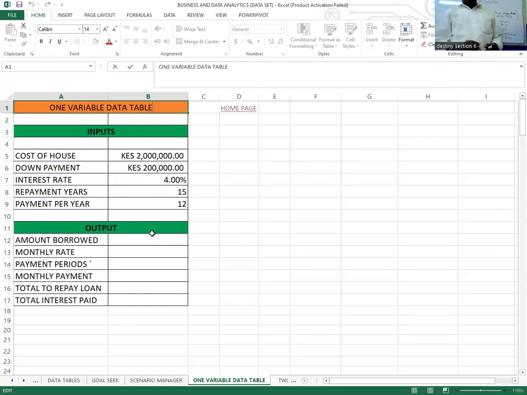Now, there you can see we have the inputs. In the inputs, we have the cost of the house, which is 2 million. This is a mortgage, for an investor or an individual who has decided to buy a house, and maybe went for financing or easy housing. The cost of the house was 2 million, and the down payment is